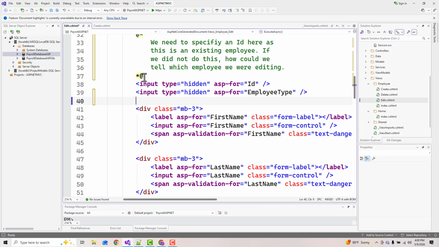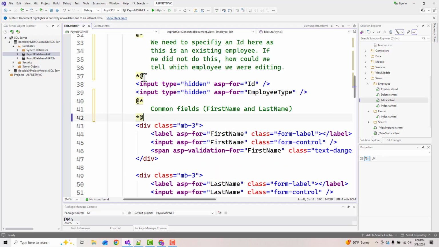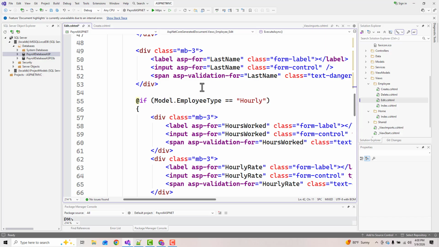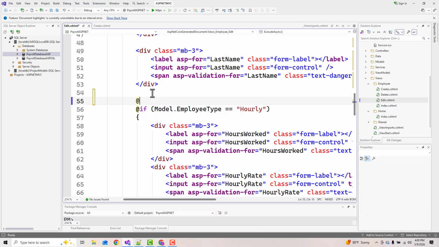We could put it up here like we did before. I'm just going to put it right there. Now notice we've got code in here. If the employee type is hourly, remember this is an existing employee. We don't need a drop-down list so we can decide which type. So here what we are going to do is